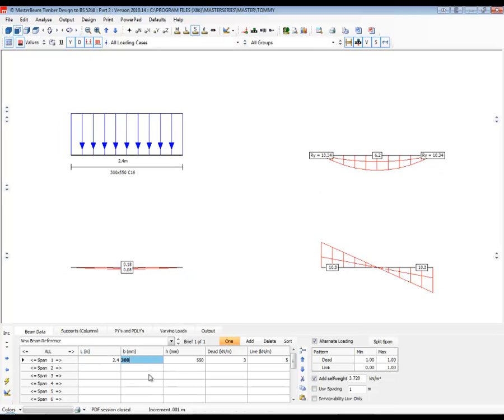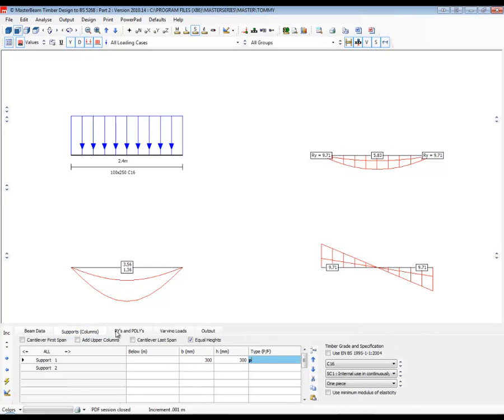And the section's pretty hearty, to say the least. I'm going to go for 100 by, I think, 250, a 4 by 10 section. And that's going to give me these deflections of 3.5 millimeters in my timber section. Supports are there. I'm working with C22 timber, and it's going to be internal use. So now it's got all the timber facilities because we're using a timber program, and it's going to be one piece,